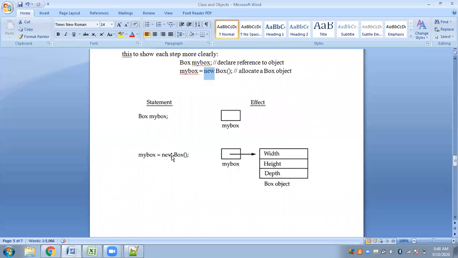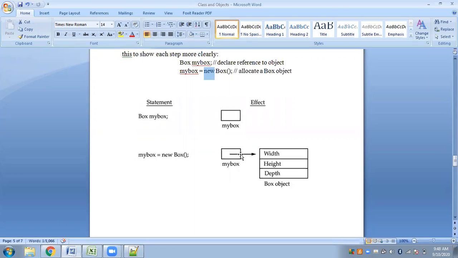It will assign the base address or the start address of that particular object to the myBox variable. This is the starting address, because your object starts from here. This is a block. It might consist of any number of cells, and each cell has got one address associated with it. Yes or no?